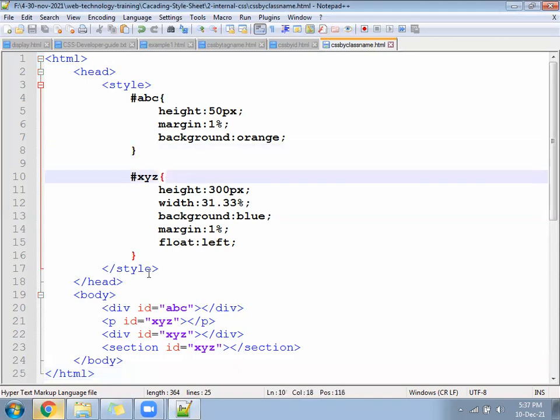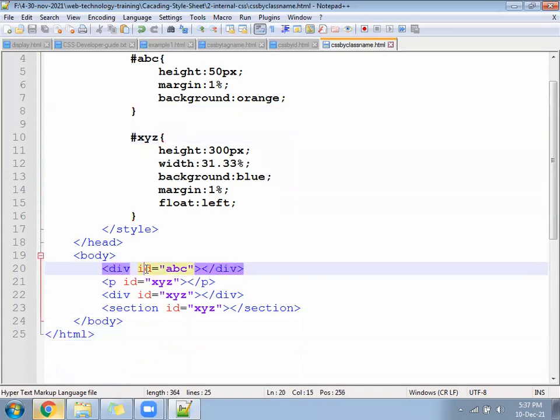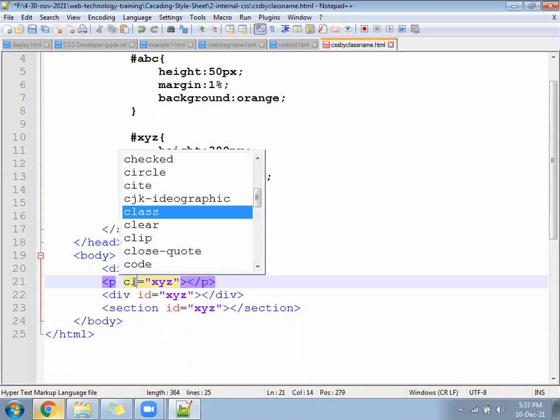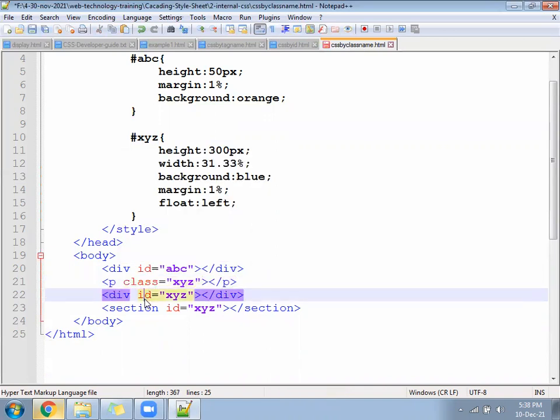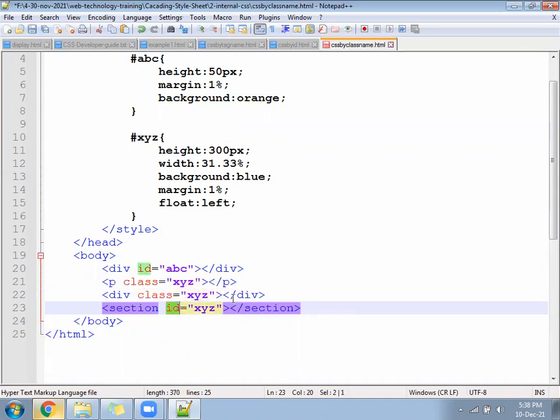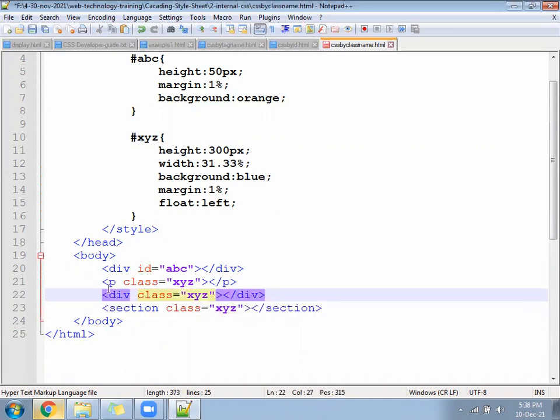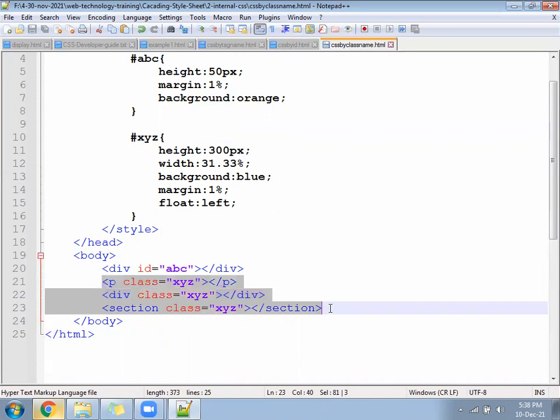Inside this file, come down below and first let it be ID ABC. Second one, convert into class. Paragraph, division and section, convert as class equal to xyz.